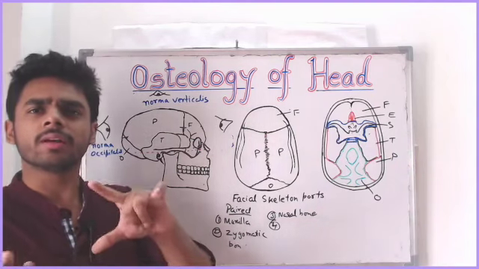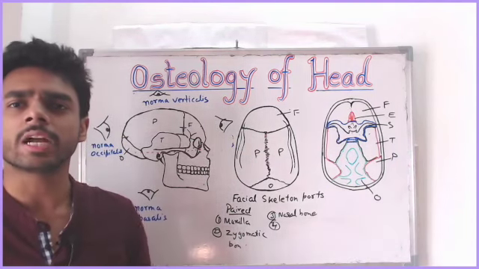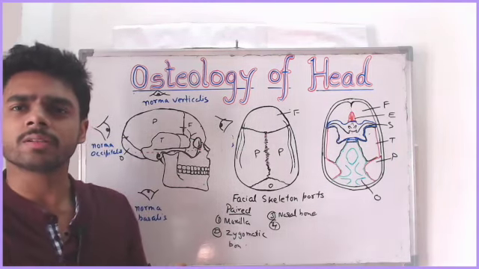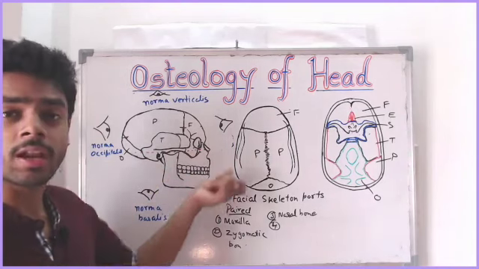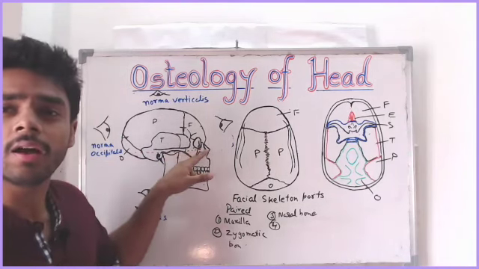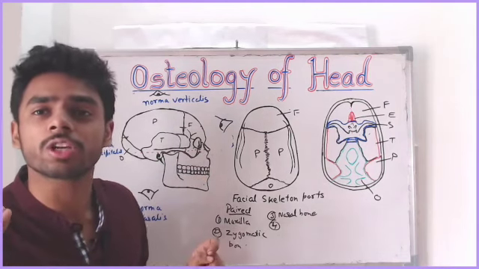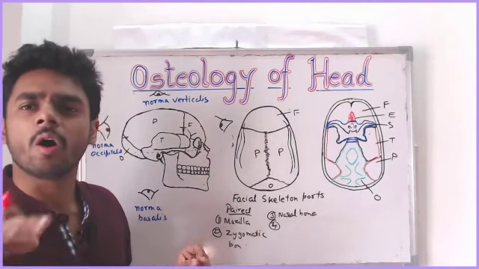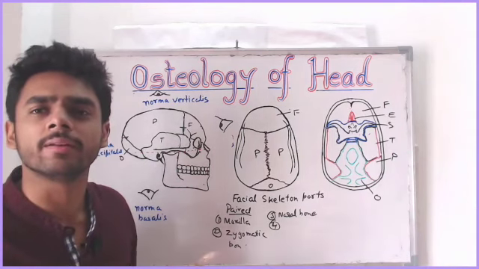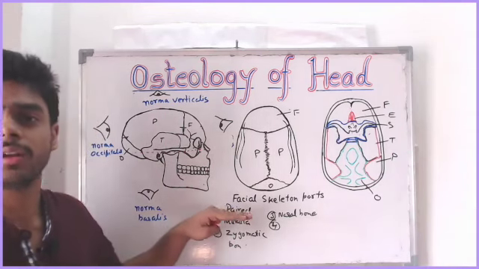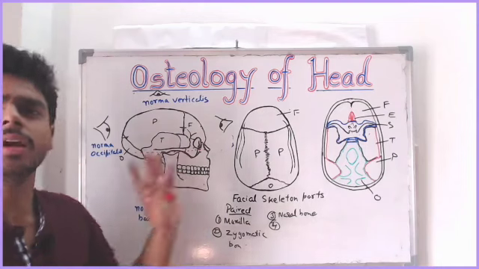Okay. There is another aspect also, that is a line joining 2 points. First we will know about the line which is joining the inferior margin of the orbit and the superior margin of the external acoustic meatus. This line, or this plane, is called the Frankfurt plane. And this should be horizontal, and it should not be in any other orientation.